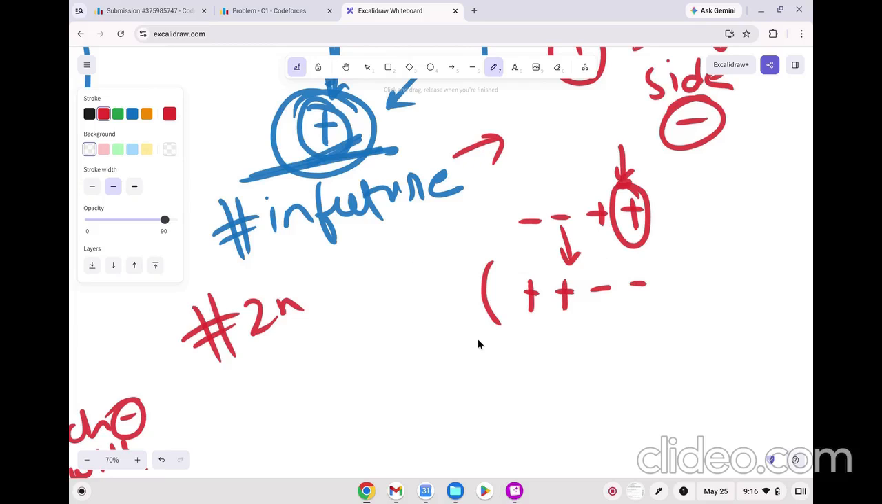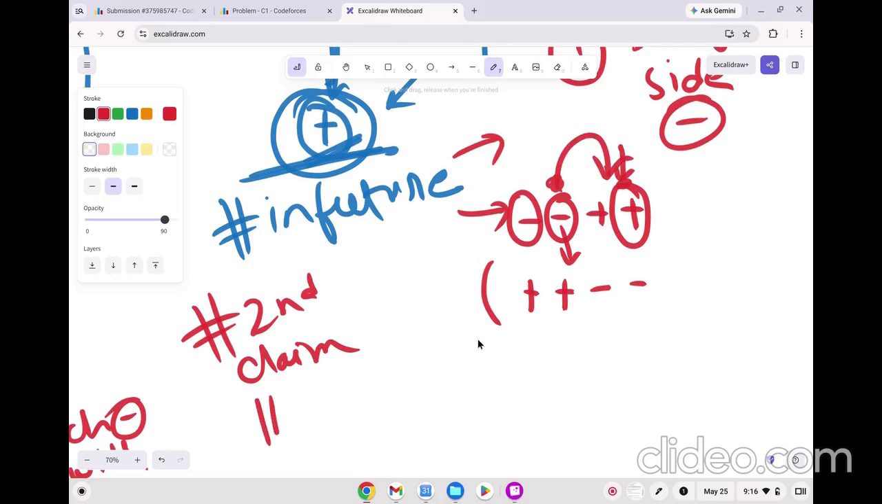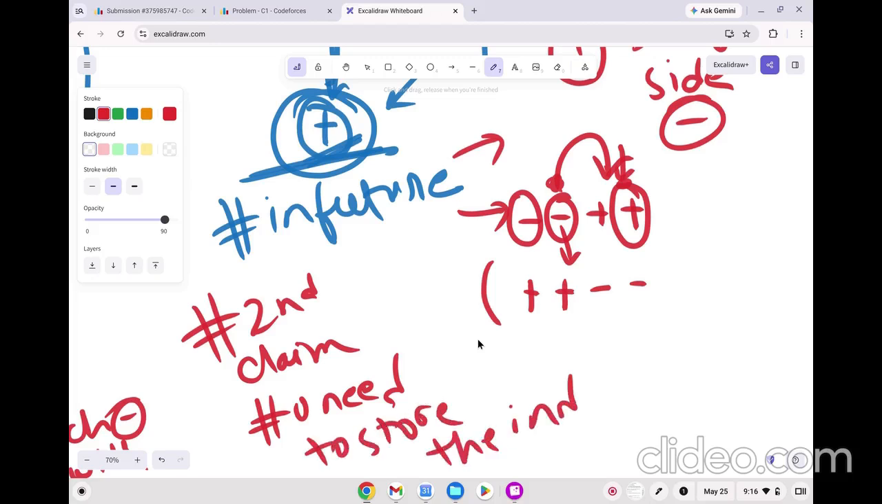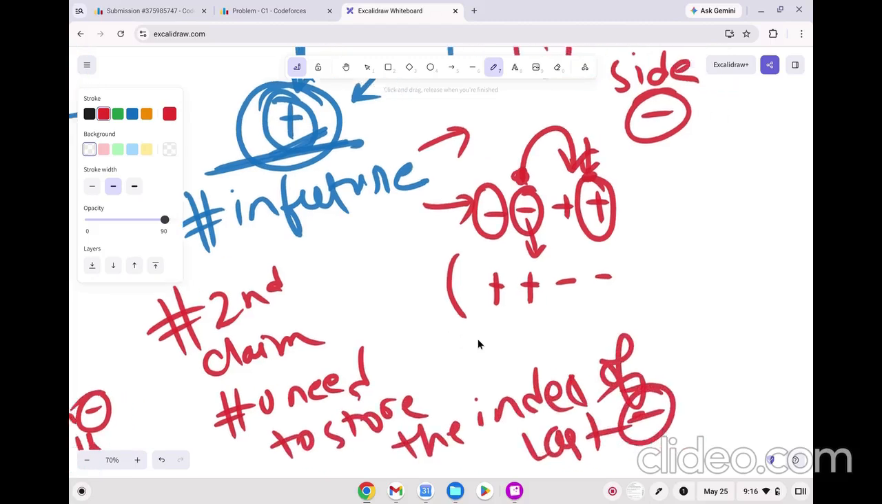My second claim is, if you had a minus, right? If on any given day you receive a minus, and after that minus you get a plus, right? Then you need to store the index of the last minus. What is the last minus? Last minus is, that is,